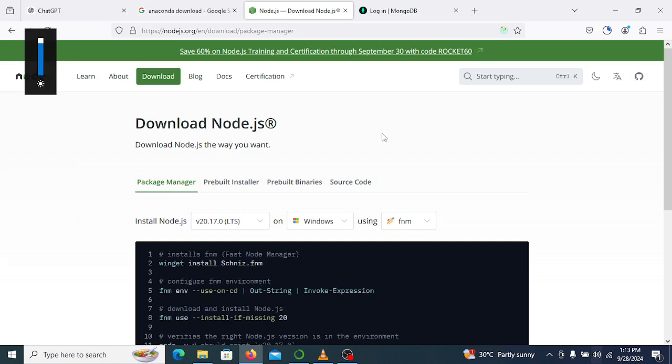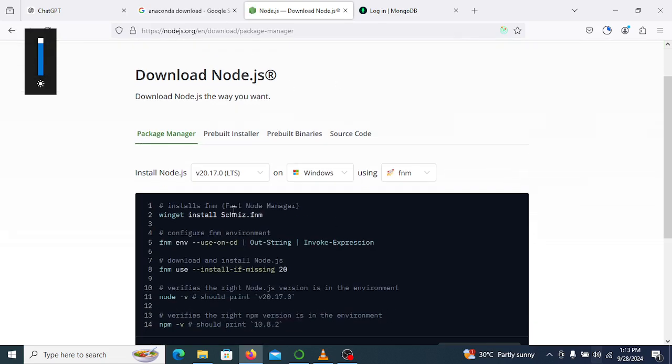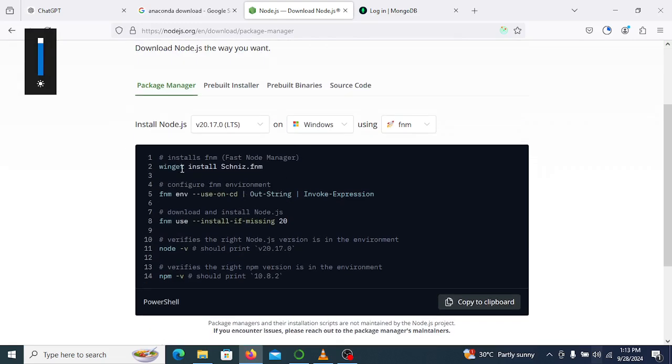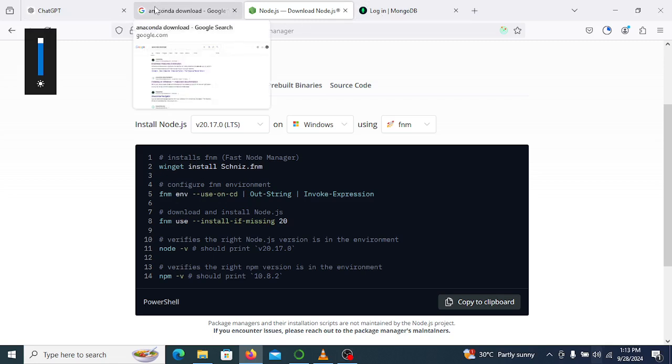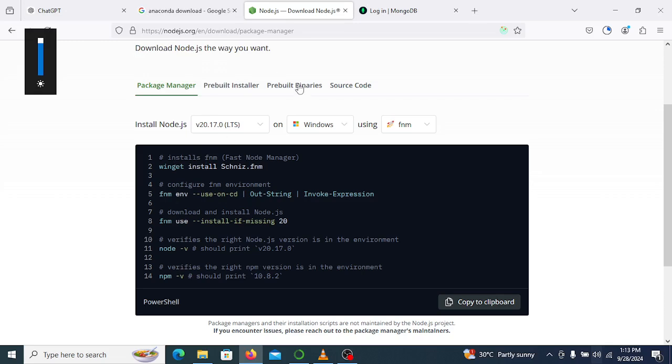this page opens. From here you can see that we have the Windows version and the Mac version. You can click on install, and when it installs, you add it to your environment variables so that it is available on every page that you access on your desktop. That is how Node.js is installed. You just search for download Node.js for free on Windows, and when downloading, store it on your machine and make sure it is kept in the system variables so that it is global to every other desktop that is open on the screen.